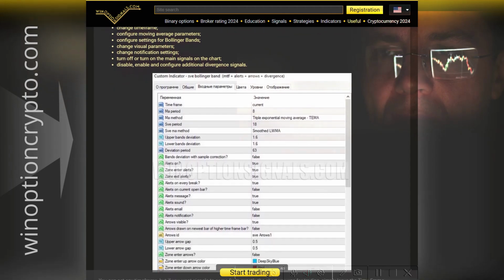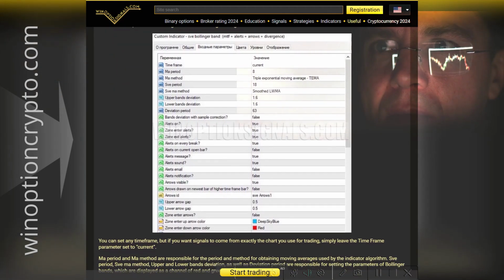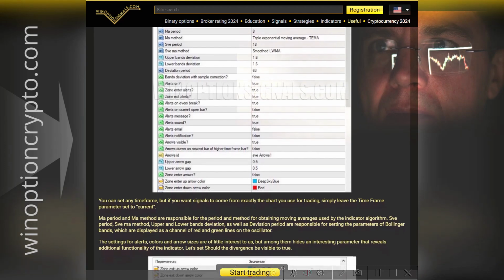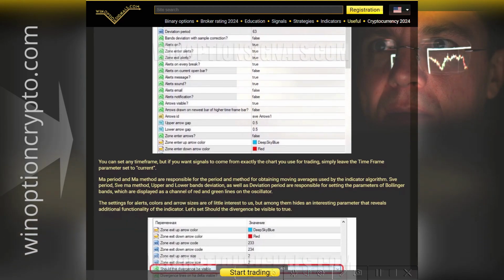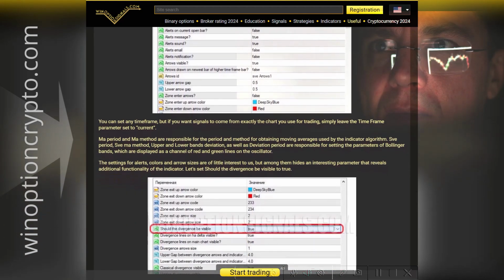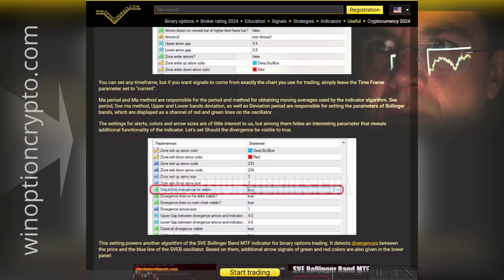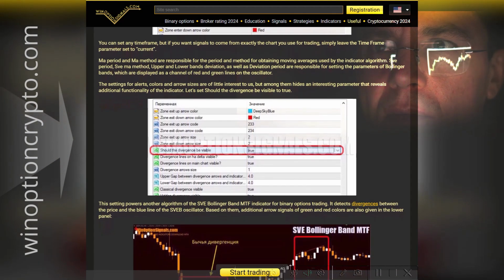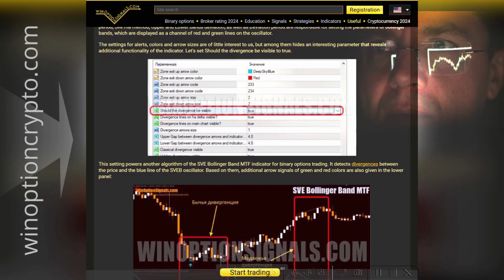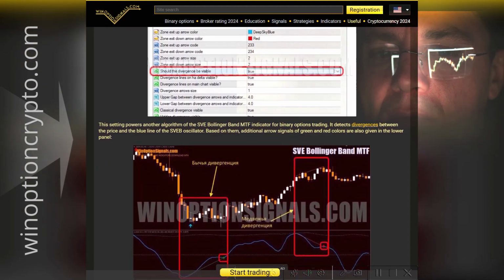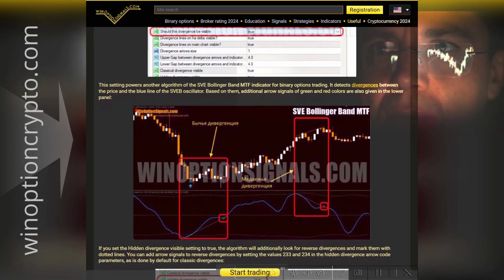And most importantly, we show how to activate and adjust secret settings and algorithms of hidden divergences, the inclusion of which allows you to receive additional and quite accurate signals for trading. It is the knowledge of these settings and their adjustment that allows you to receive up to 80% of profitable